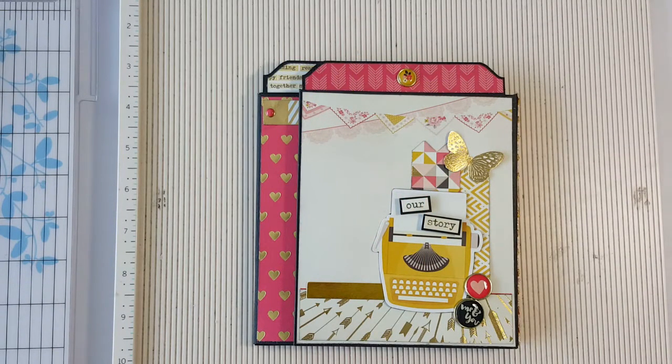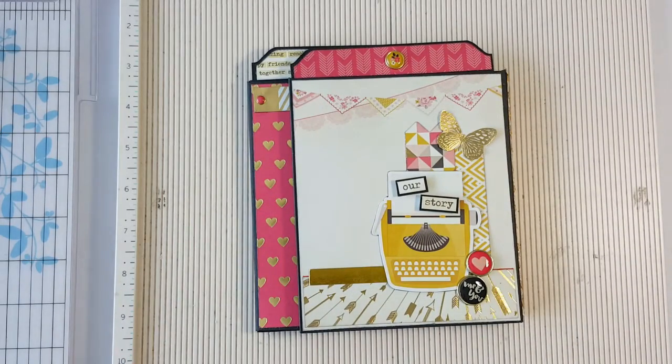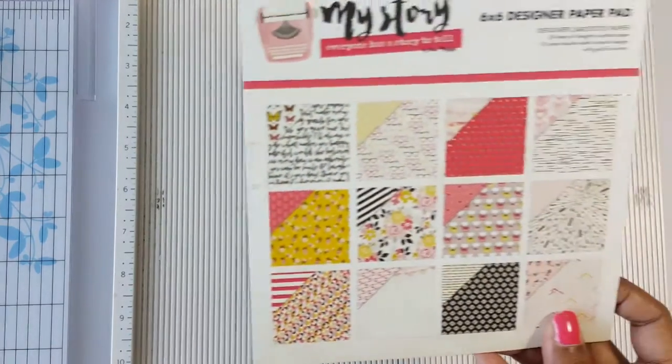This is the mini album, or the memory folio, which I had posted on my blog this week. First I'll just run you through the album and then we'll go into the tutorial. This one is done using the paper collection from my mind's eye